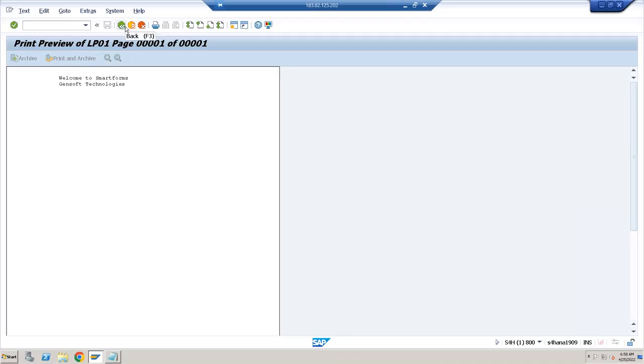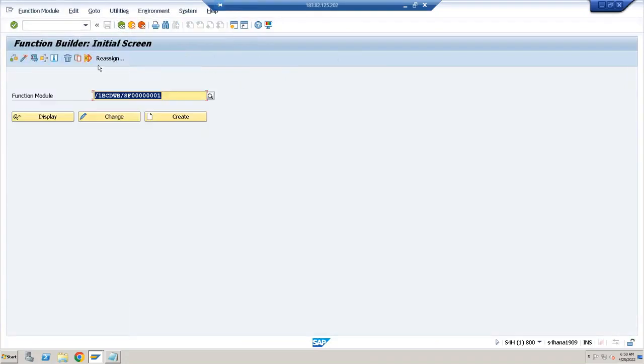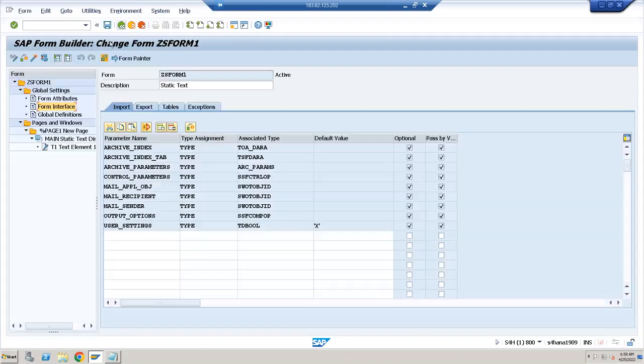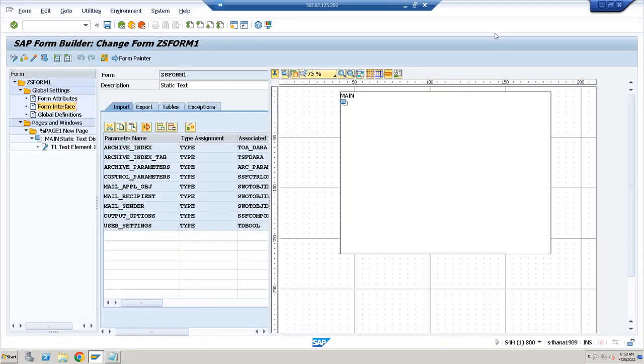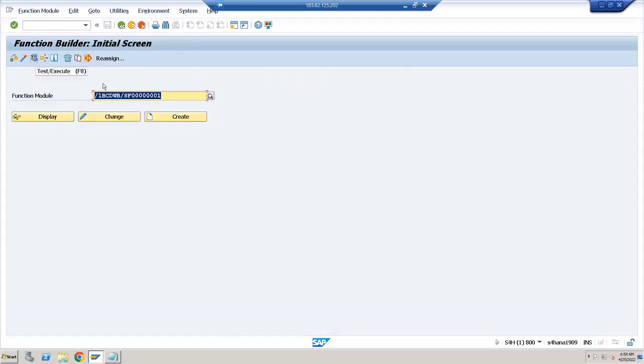I adjusted the window. If you go back, I adjusted the window width and height, all those things. Here in the smartform, if you click on form painter, this is the main window. I'll select this and put it at the bottom. Whenever I do any changes, you need to reactivate the smartform. So when I execute this, it is the generated function module,